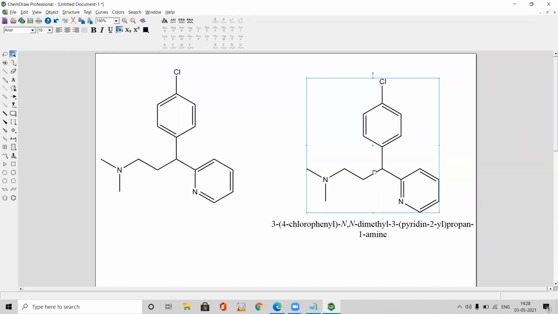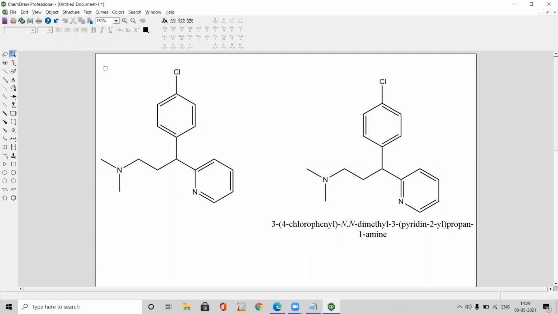And what is the basic nucleus here? 1, 2, 3. 3 carbon chain, so propane. And propane in the form of amine. So we are taking this entire open chain as, until nitrogen we are taking this as basic nucleus. So propane 1 amine. At first position there is amino substitution. So which type of amino substitution? N,N-dimethyl amino substitution. So this is the chemical name.